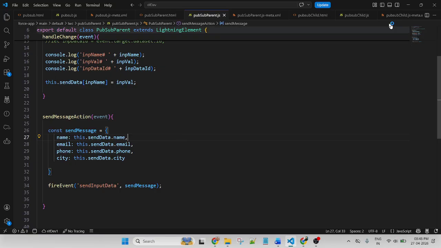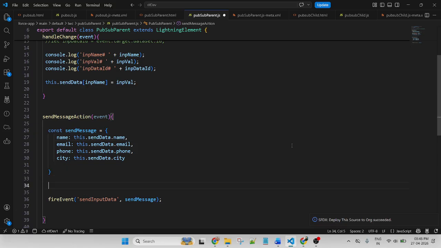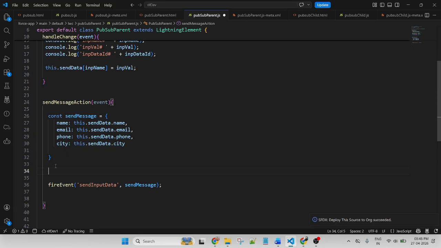Now go to the child component. Now let me deploy the code. Before going to the child component, let me check what kind of data is passing in the object.